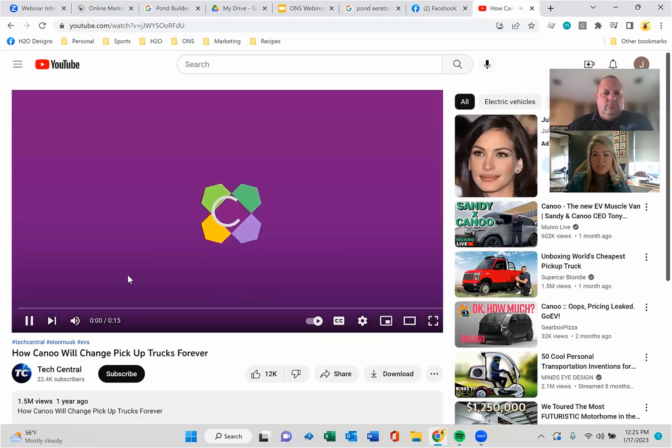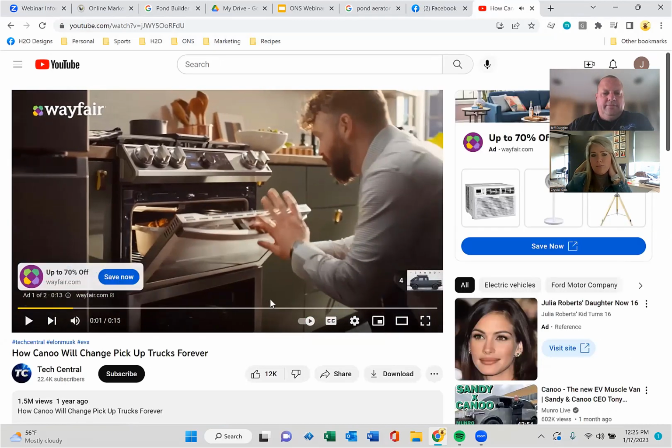Ads can be skippable, they can be non-skippable. The way that we set them up is by the algorithm that knows how the end user participates with an ad. So if I'm the kind of person who will go away from an ad, Google will know that. What they know how to do is let the video start playing and then deliver the ad once I'm engaged in it, and then I'll stay and wait through the ad.